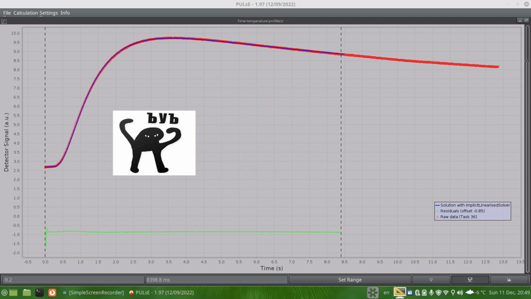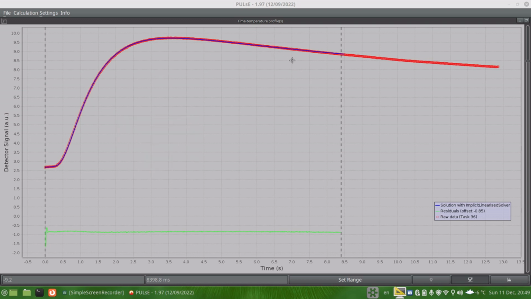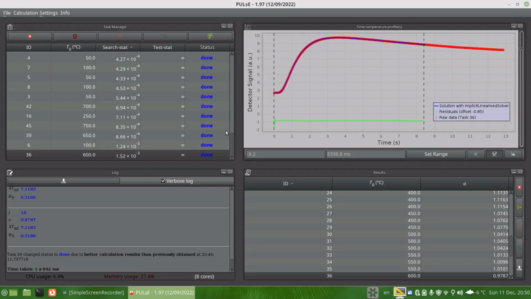But right now I'm just going to say that if you're looking at the tail of that solution, you will be able to see that the solution is actually systematically higher than the data points here in this region. So I will also touch upon this in the next video, probably, to say what can be done in order to eliminate this effect. But for now, this is just to give you a brief feeling of how actually PULsE works. So after this is all done, you can